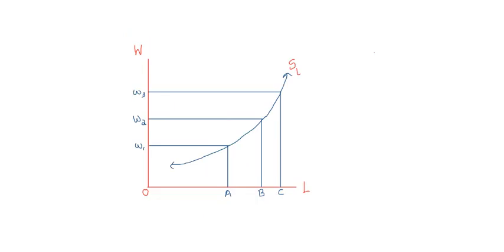So the same ABC points which were there in the previous diagram have been plotted here, which show that at higher wage rates, an individual is willing to work more. As an individual increases the number of working hours, the money income obtained by that individual also increases. Or basically you can say that there is a positive association between wage rate and working hours. So connecting all these points, we are able to draw a positively sloping labor supply curve for the individual.